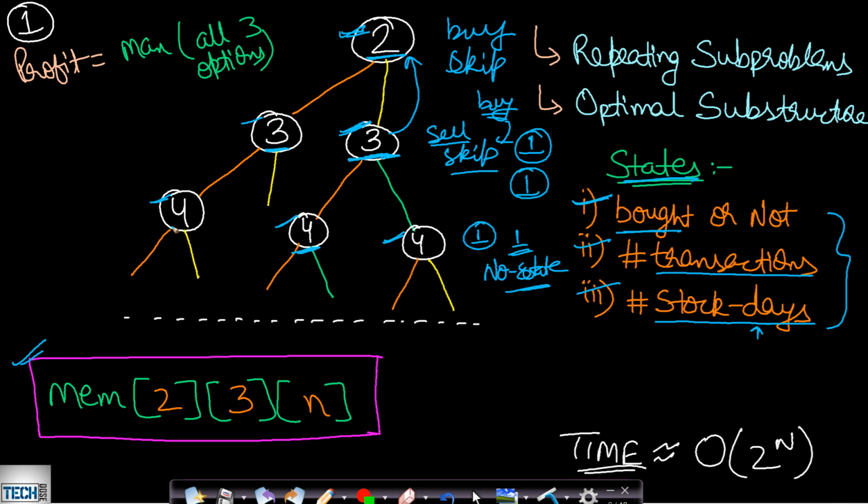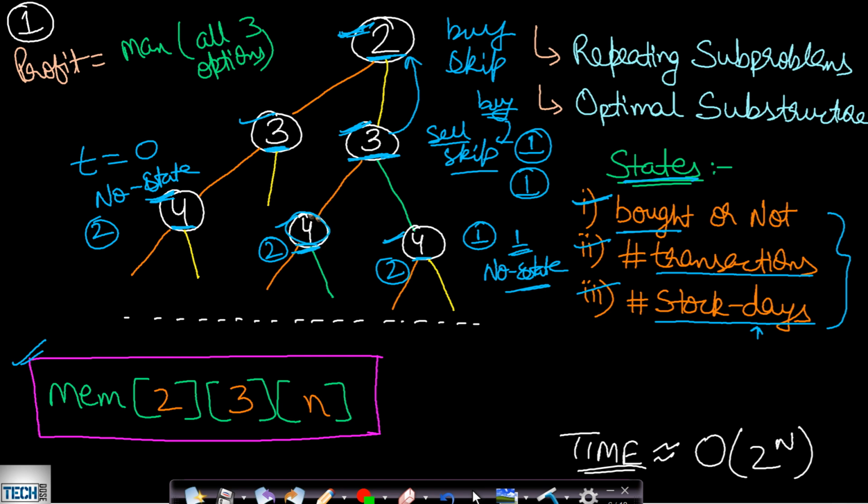Now in this case, you might assume that this 4 and this 4 and also this 4 are basically repeating subproblems, but that is not the case. Here in the first 4, you can see that we have skipped buying any stock at 2, we have skipped buying any stock at 3, and then we have reached this 4. So when we are at this 4, then we are in no state. That means we have no stocks in hand and our number of transactions is equal to 0. Okay, and the stock day is 2. Here also stock day is 2, and in this case also stock day is 2.